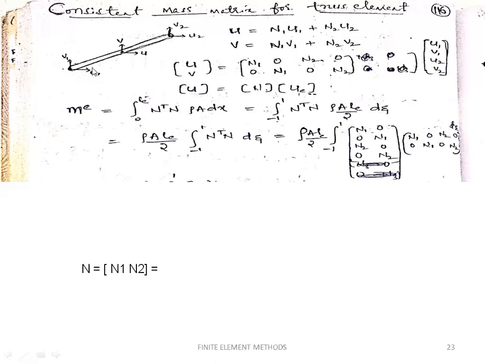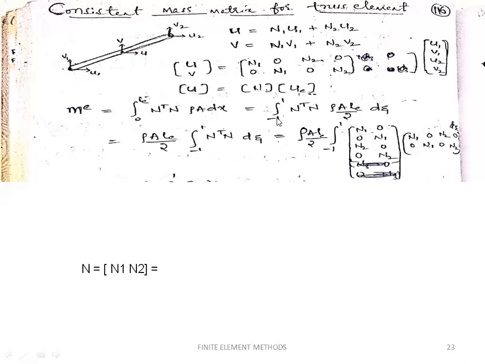Why? Because if you consider this truss as a one-dimensional element, it is possible to define that at nodal point 1 zeta is equal to -1, and at nodal point 2 zeta is equal to +1. Why? Because we always consider the displacement matrix in the direction of the element. So this is the inclined member. Therefore, if you consider the direction of the element, the truss can be treated as a one-dimensional element. So it is possible to write dx is equal to Le by 2 into d zeta.